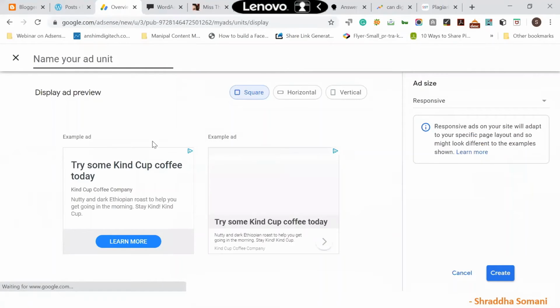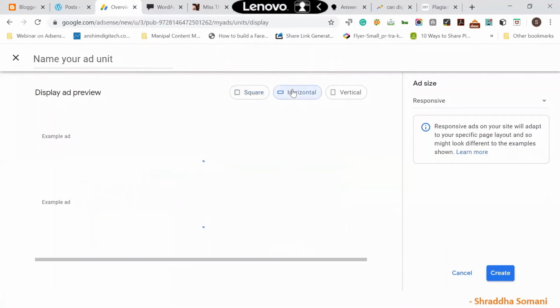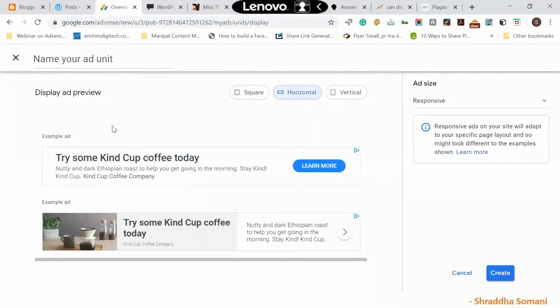So if you can see, these are the kind of ads you are able to see, right? So what are you doing? You are enabling your website to show the type of ads. So you can select what kind of ads you want to show. Now, if you have decided that you want to show ads at the top of your page or at the bottom of the page, then these are the kind of ads that you are able to see.